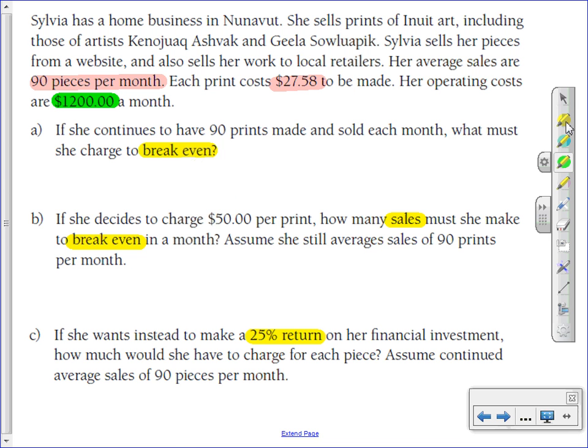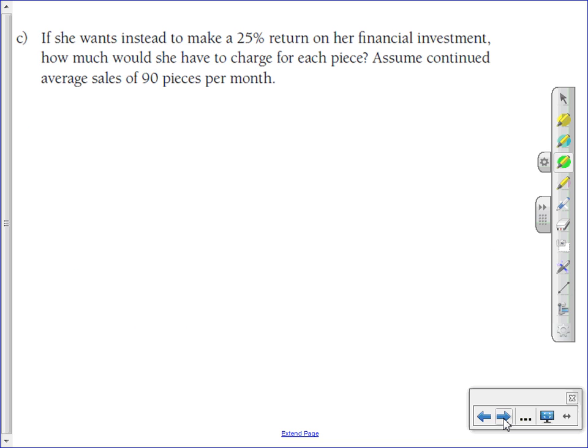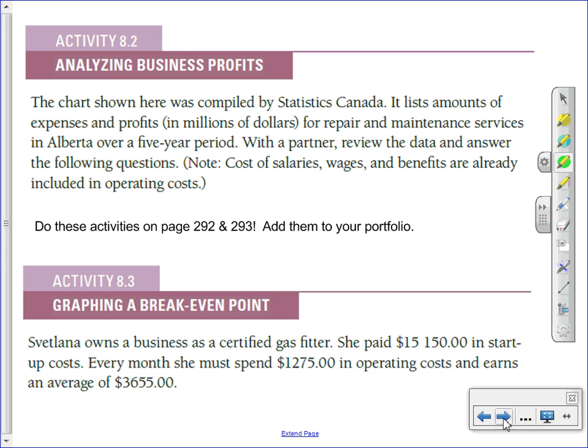And well, what if the charge goes up? What if we increase it to $50 per print instead of $27.58? Would you still have to sell 90 or could you sell less? How many less could you sell and still break even every month? Or what if you wanted to make 25% above $1,200 a month? What would you then have to charge, assuming that you're still going to sell 90 per month? And these are all questions that you can answer, and if you can't, then make sure you ask when you